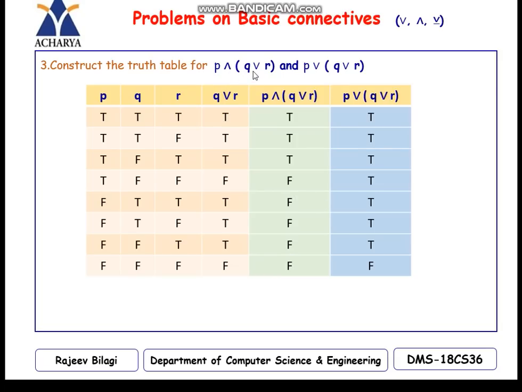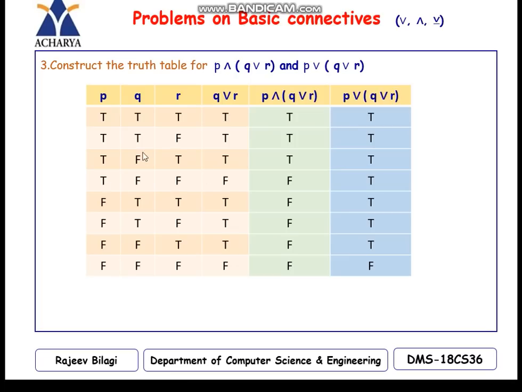P and Q, or R, and P or Q, and Q or R. Now why I have taken this example is in the previous two problems, it consists of only two truth values. Now when it contains 3, that means 2 to the power of 3. So those many number of truth values will be there, 8 values. In the earlier case, 2 to the power 2, then it contains only 4 different possible options with respect to T and F.